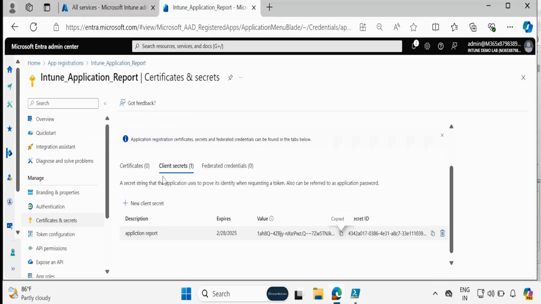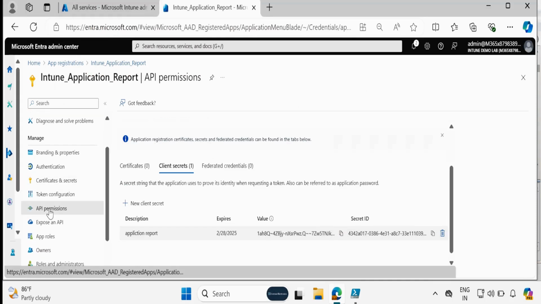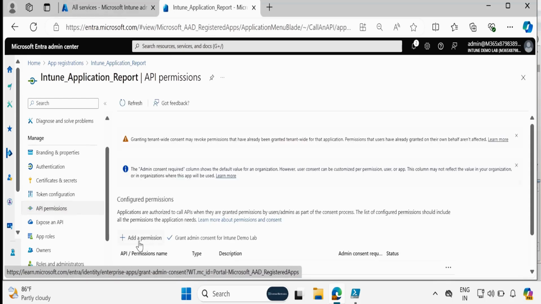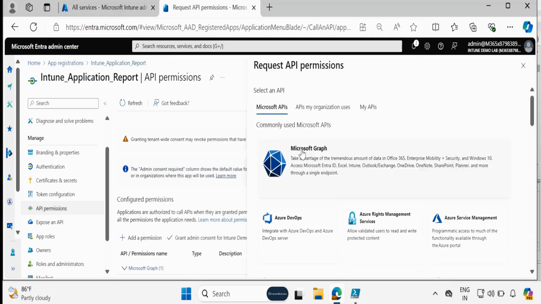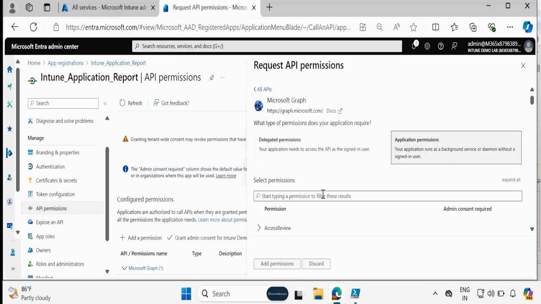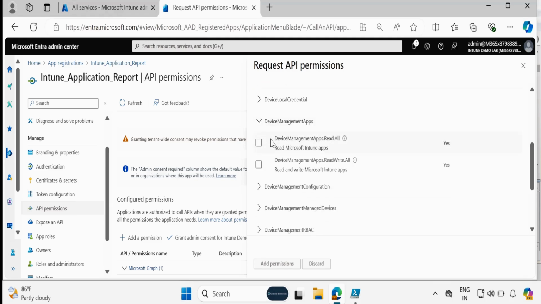And then one more thing we have to do, we have to provide the API permission to execute the script and fetch the information. So we have to click on add permission, and then click on Microsoft Graph, and then select application permission, and here we have to search for device, and then provide a permission called device management app read all permission.